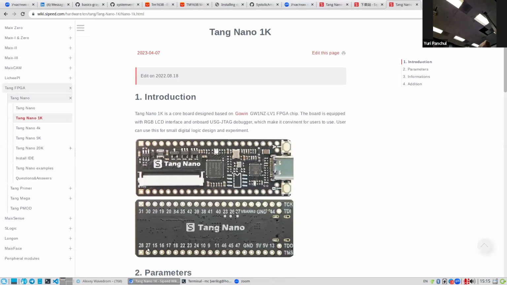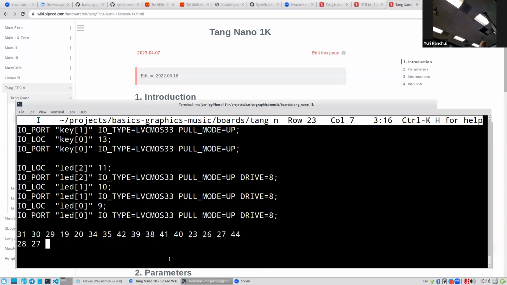What about here? You can hear 27, 27. Maybe 20. Yeah, here is 23. Maybe one thing connects to two locations. That's possible because you see here we have VCC, but let's first put it in and see whether